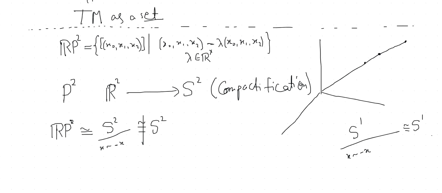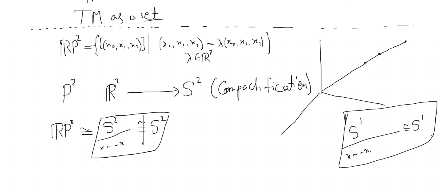Yeah, here it is S1 again, but here it is not S2. Yes. But then again, you can take this as a thing to think about why this is not S2. Because that's your question basically, right? Why is RP2 not the same? Why is RP2 not S2? So how about proving it? So you put the topology and then you prove that these are not the same.